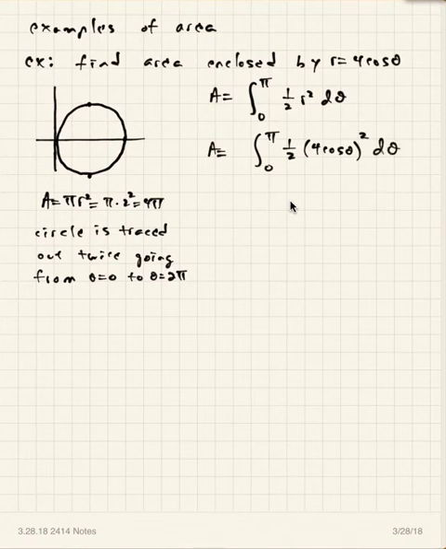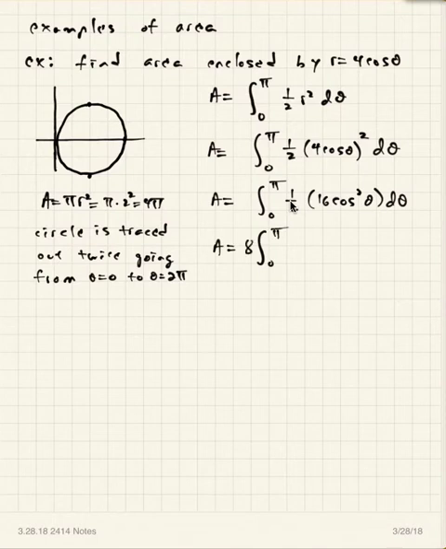Really nice, really easy. So the area is equal to the integral from 0 to pi of 1/2 times 16 cosine squared theta d theta. And so that gives me an 8 on the outside. This is not bad at all. And you have cosine squared. Then remember, this is where our identity comes into play that we talked about back in the last chapter. So this would be 1 plus cosine of 2 theta over 2